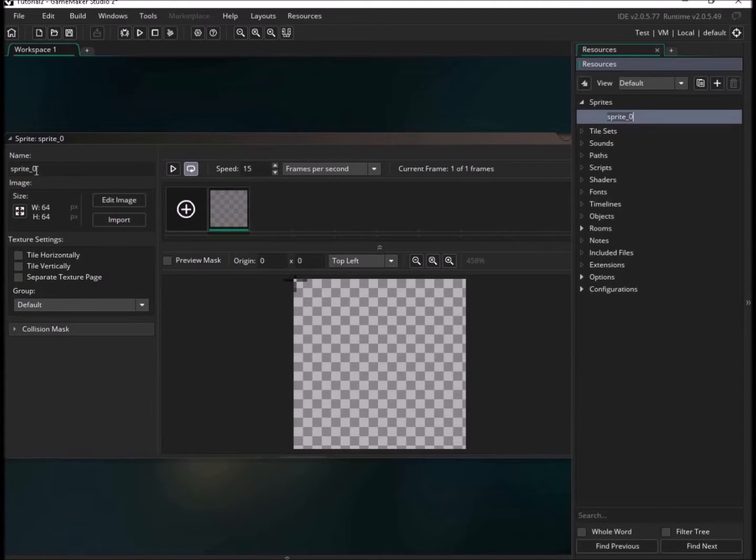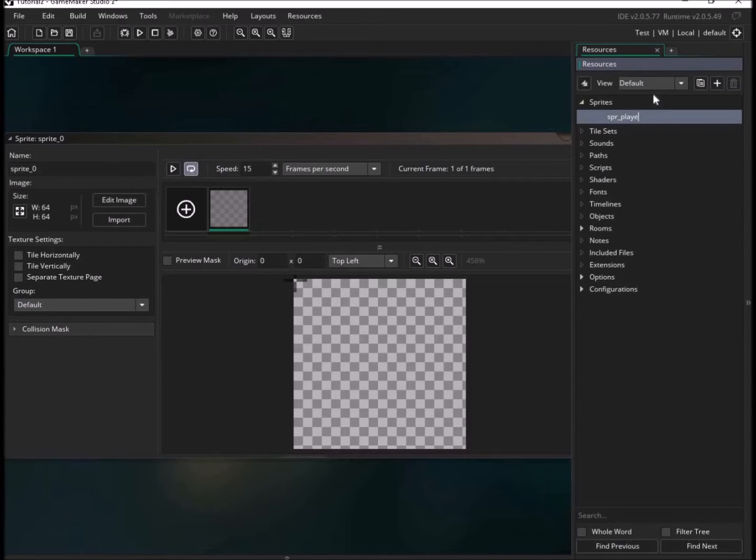I highly encourage you, well, you don't have to, but it's highly recommended to name your sprites, because these sprite names will be used in lines of code in the future. So I'm going to name mine SPR underscore